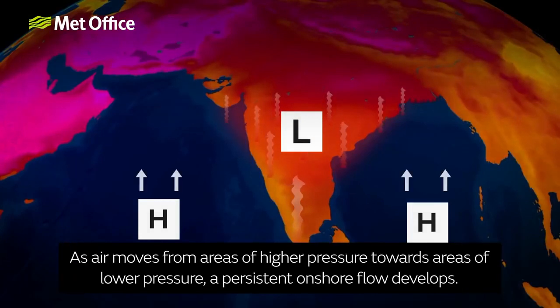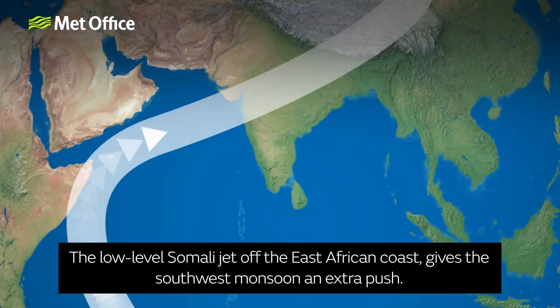As air moves from areas of higher pressure towards areas of lower pressure, a persistent onshore flow develops. The low-level Somali jet off the East African coast gives the southwest monsoon an extra push,